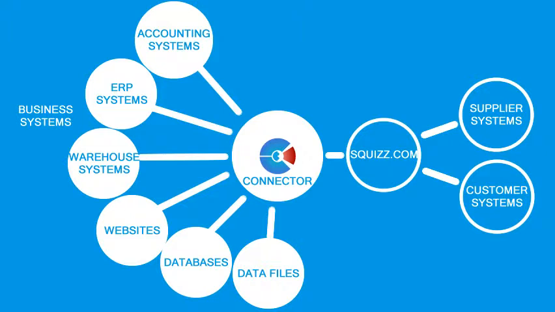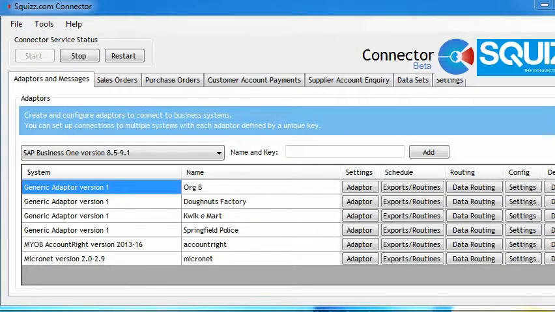In simple terms, the connector allows businesses to save and make more money by being able to automate data transfer between its other supplier and customer systems. Now you've got a basic understanding of what the connector can do, let's look at the changes we've made to the 1.10 release. If I open up the connector application, a new tab that we've added is